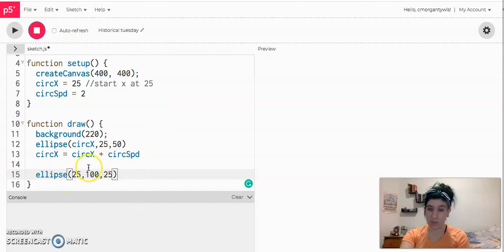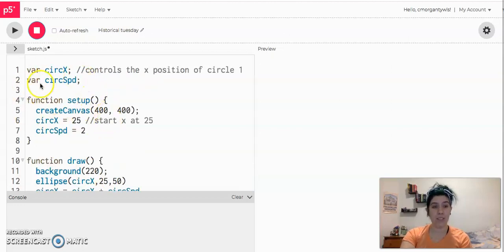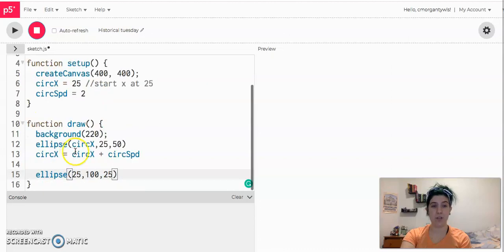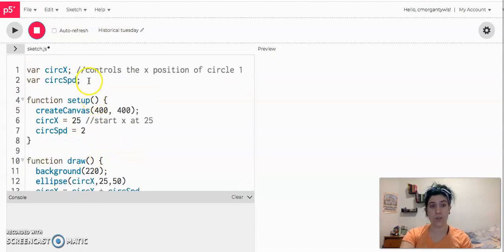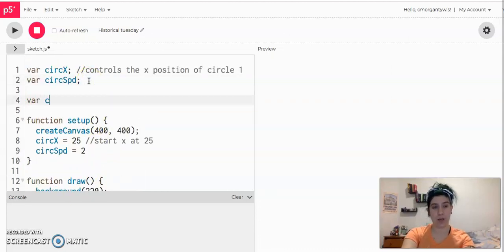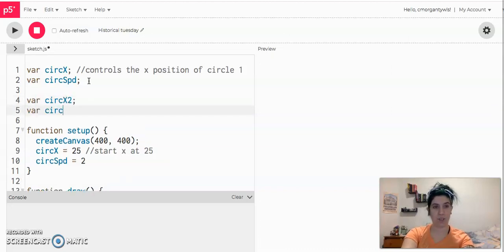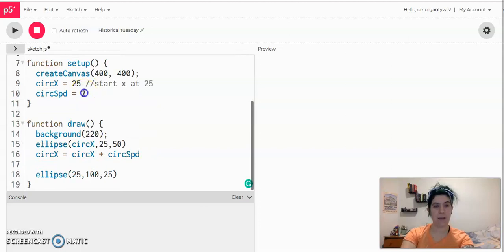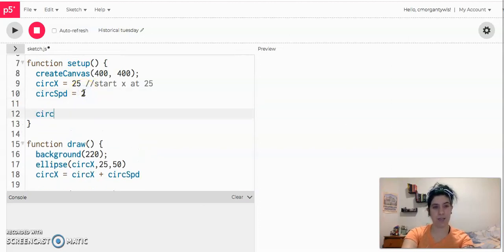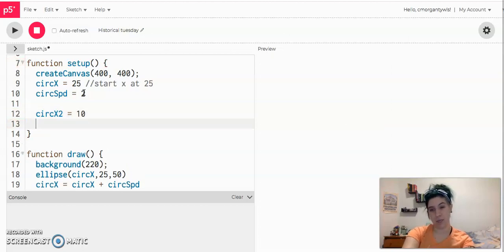it's not moving yet. If I want this circle to move, and then maybe I want this circle to move at a different rate, I would need all the same things that we did for our first circle, just for our second one. So here, I could put var circ x2 and var circ speed 2, and then I can go in and say that circ x2 is going to start at, let's actually make it start at 10, it'll start further away, and circ